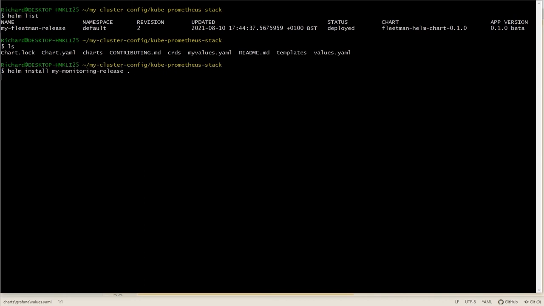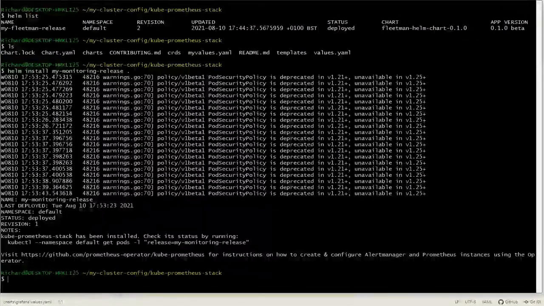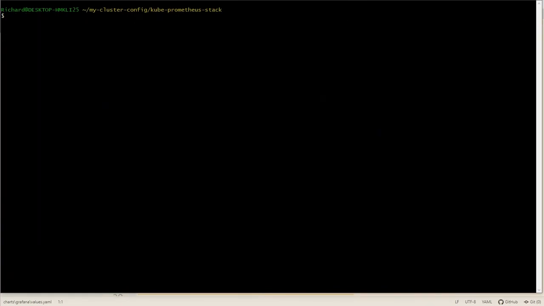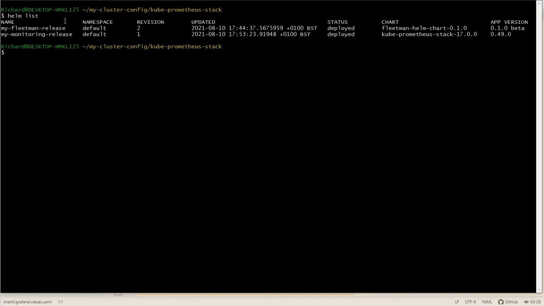Let's see what happens. Well, we've got our old friends, those warnings again, but yeah, the release has gone through absolutely fine. We'll confirm that. We'll do a Helm list, and there it is now appearing in our Helm charts that we've installed.